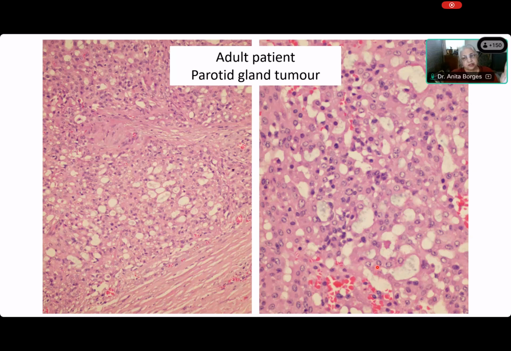Now, where are the spaces? Are they just sitting by themselves? You can see that there are sheets of cells, and in these sheets of cells, somebody said slit-like. Priyanka, these are not slit-like. A slit, do you know what is a slit? A slit is a very thin space. These are spaces which are very irregular, and they seem to be forming within these sheets of cells.